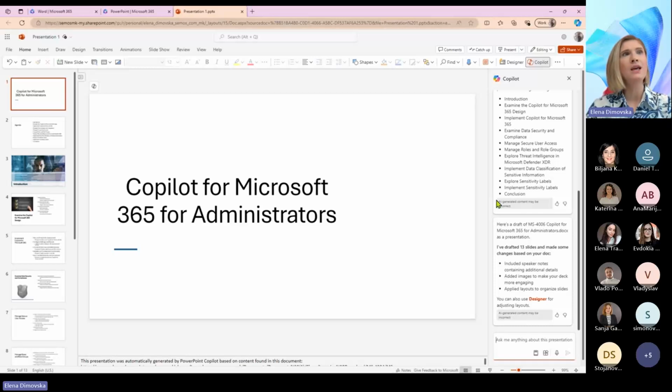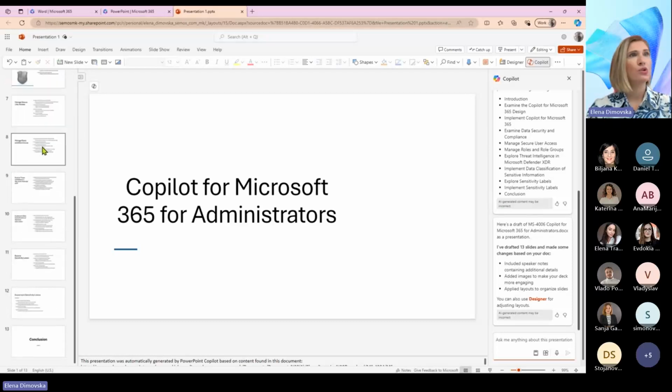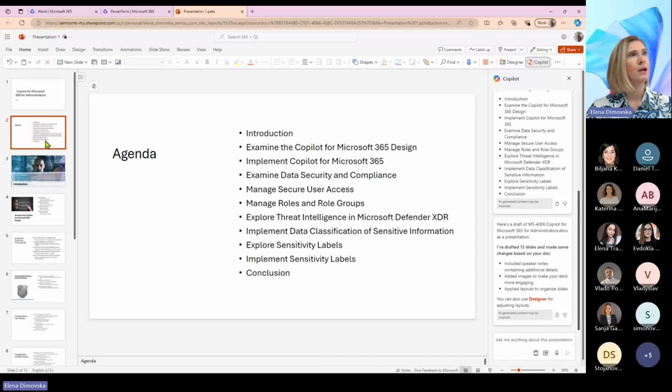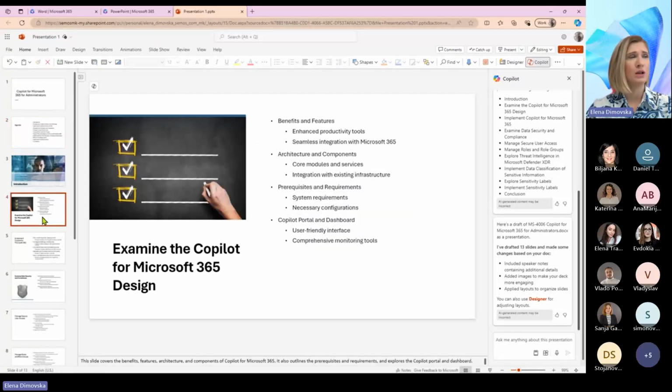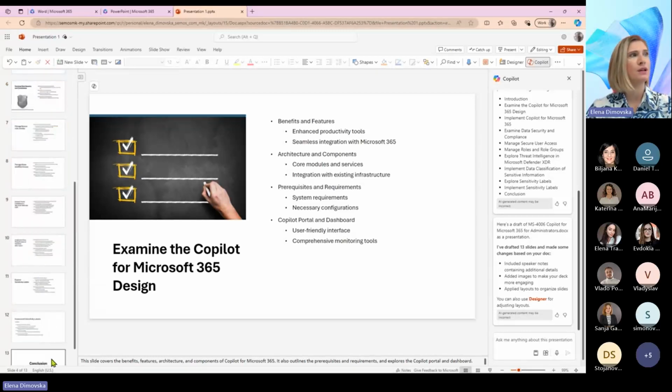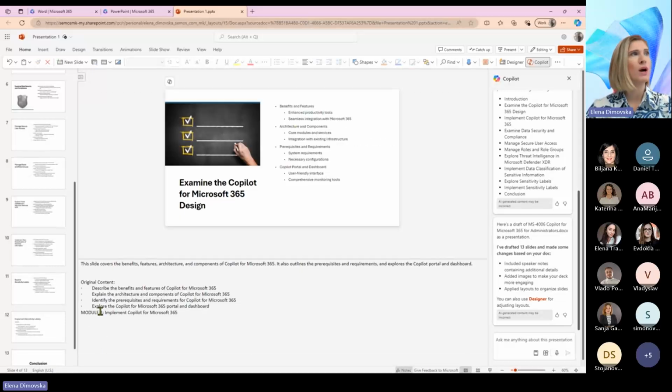Now Copilot has drafted slides and made some changes based on your document. So we have 13 slides about Copilot for Microsoft 365, of course. It is an administrator course. And what do we have here? We have actually explained the course. And what do we have? Also, we have